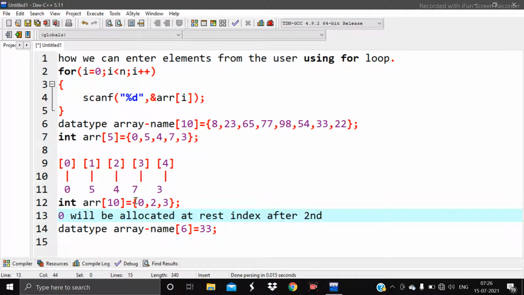That is, this is the 0th index, this is the first index, this is the second index, and after the second index, 0 will be allocated at the rest of the indexes, or you can say memory blocks.